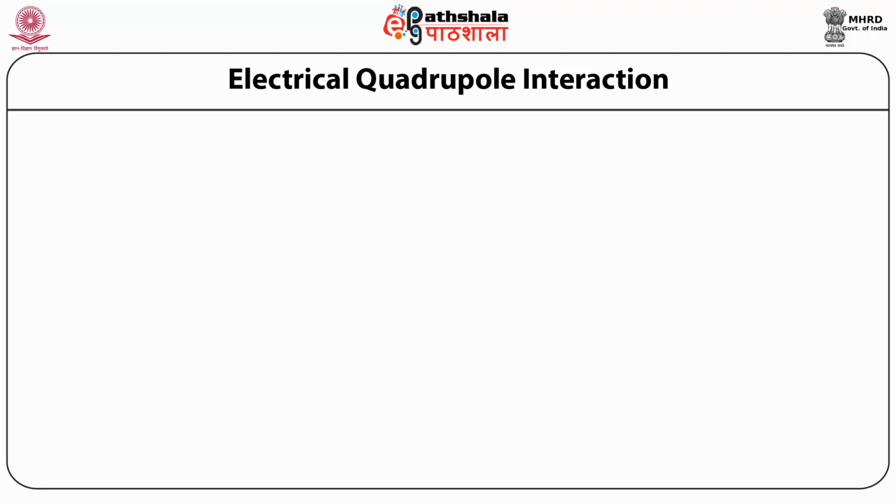Now let us discuss the second Mossbauer parameter. First we discussed this isomer shift. Now let us discuss the electric quadrupole interaction. As we know, there were three terms: one linked with monopole, another with quadrupole, and another with dipole. Dipole was magnetic in character, the first one, monopole, was electric in character, and this quadrupole is electric in character. So basically Mossbauer parameters are directly linked with electric as well as magnetic interactions.